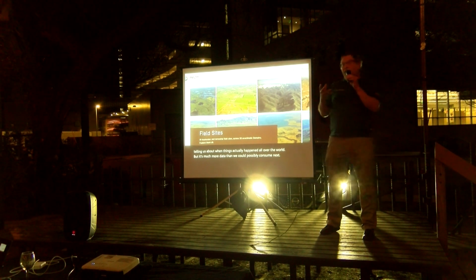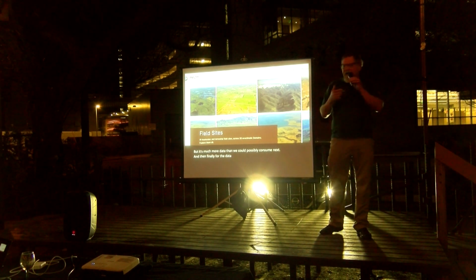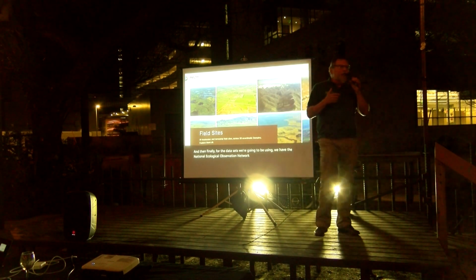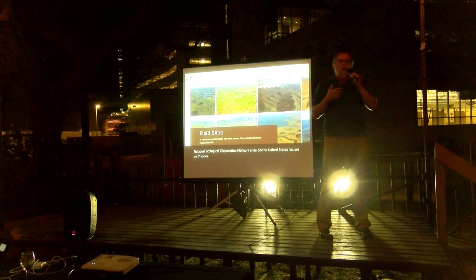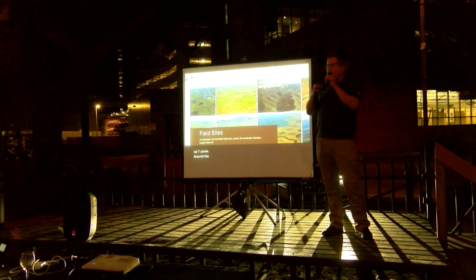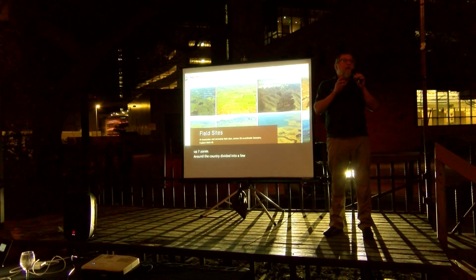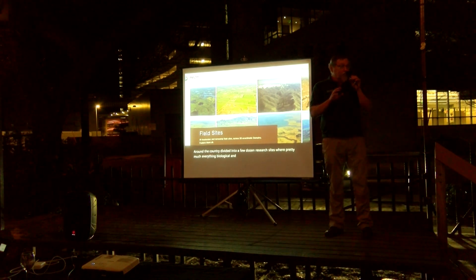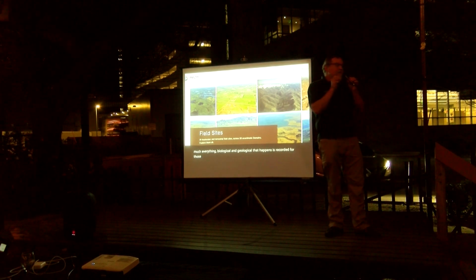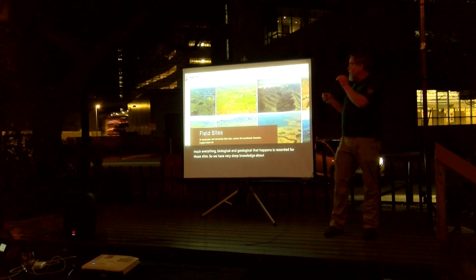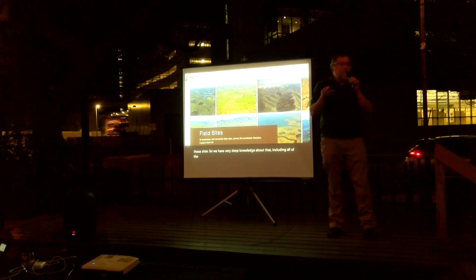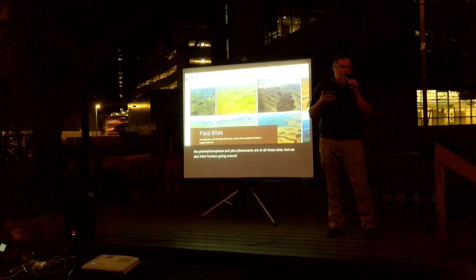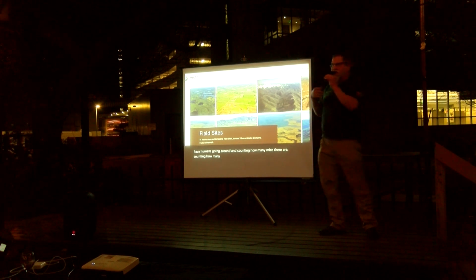And then finally, for the data sets we're going to be using, we have the National Ecological Observation Network sites. The United States has set up 7 zones around the country, divided into a few dozen research sites where pretty much everything biological and geological that happens is recorded. So we have very deep knowledge about that, including all of the Phenophase, and plus phenocams are at all these sites. But we also have humans going around and counting how many mice there are, and how many different kinds of moths there are, and everything else.